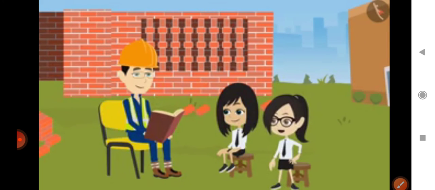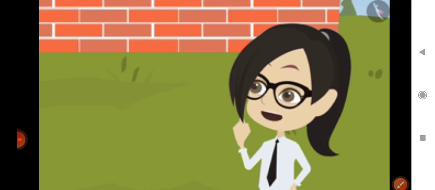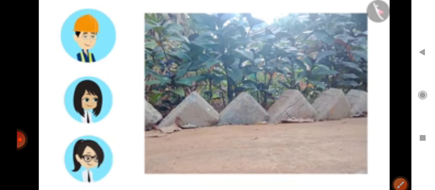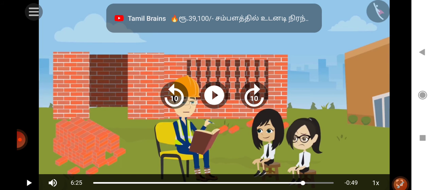Sir, we have seen the patterns of floor, wall, vent, window and arch made of bricks. Are there any other places where brick patterns are used? Yes, let me show you another place where bricks are used. See this? We have seen this in the garden. Absolutely right. So, children, the type of brick pattern you see in your garden, there also we have to use some brick patterns.